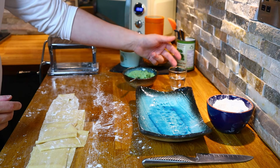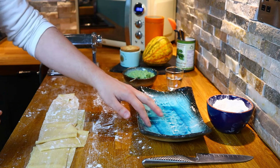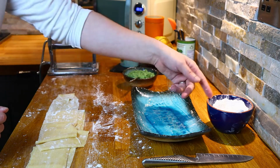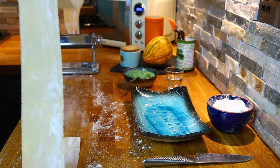As well, here I've got a little glass that's just got some water in that'll help us to stick the pasta together, and I've got my plate that I'm going to put the finished tortellini on, and some extra flour for dusting. So what we'll do is we'll start off by just taking our pasta